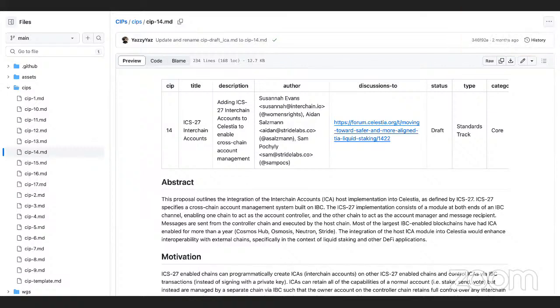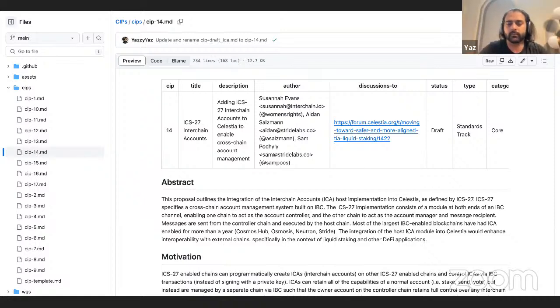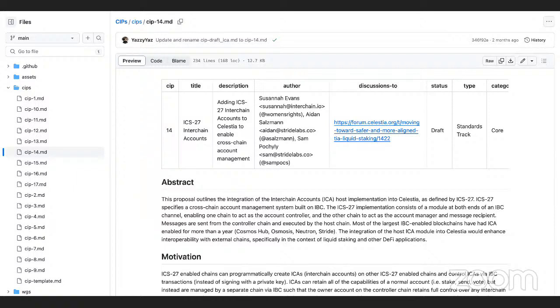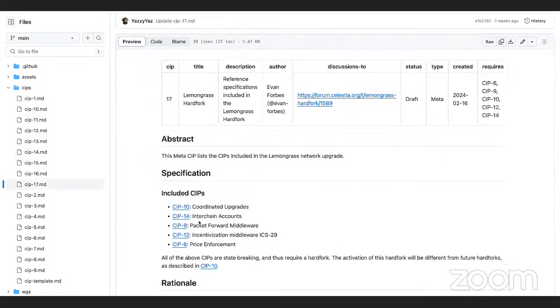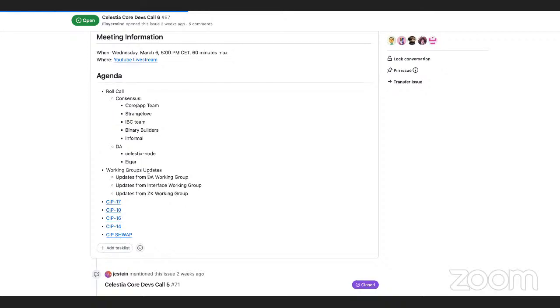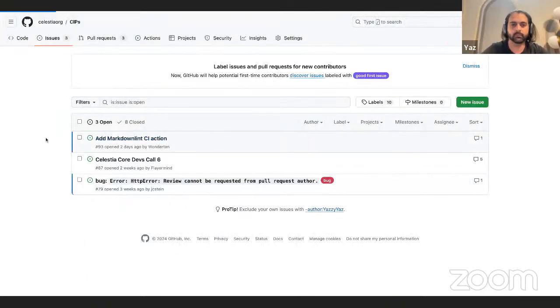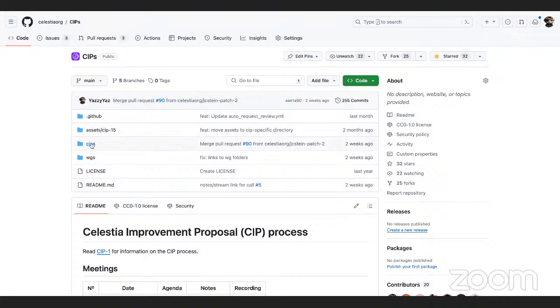I had a general request for CIP authors, which is that we try to more clearly state early in the CIP what the parameters are, if any, so that we can easily update CIP 13, which tracks all of the global parameters, and which will also need to be updated for the lemongrass hard fork. So presumably with lemongrass, we have to go through each CIP and see what all the new parameter changes are going to be.